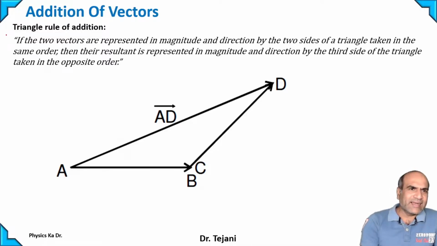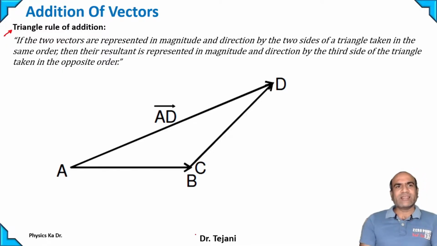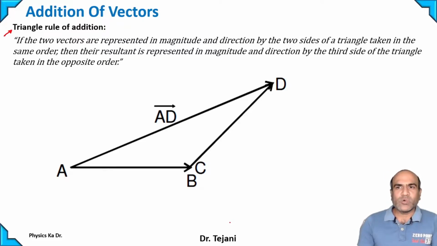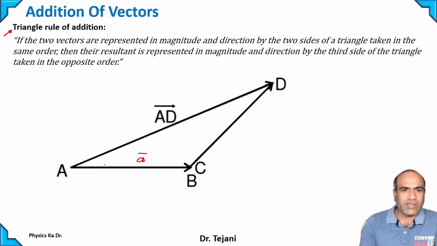Next, let us do addition of vectors. There is a rule called the triangle rule of addition. What is it? If two vectors are represented in magnitude and direction by the two sides of a triangle taken in the same order, then their resultant is represented in magnitude and direction by the third side of the triangle taken in the opposite order. So what it mentions is that this is vector A, for example,